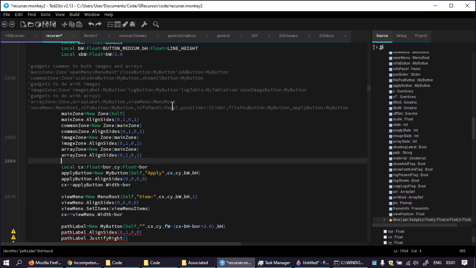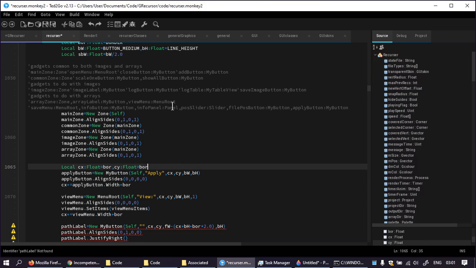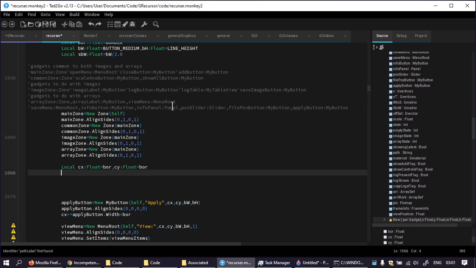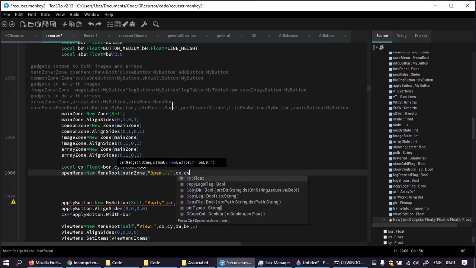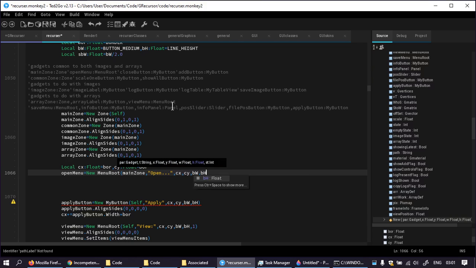Now I need to start adding these gadgets, and I'm going to start from the top left, and the first thing that is going to be there is going to be the open menu. It is in the main zone, and it is open something, and it's at CX and CY, button width and button height, and its style is that of a button,